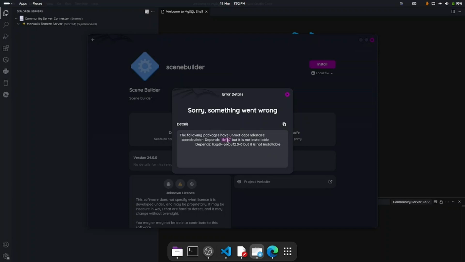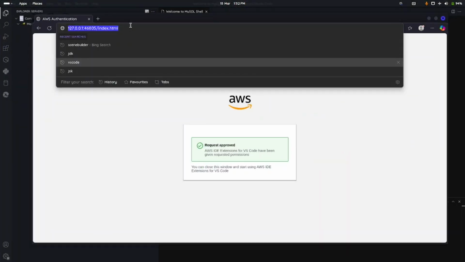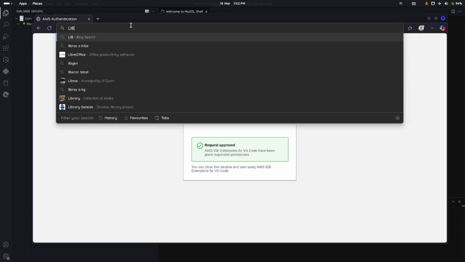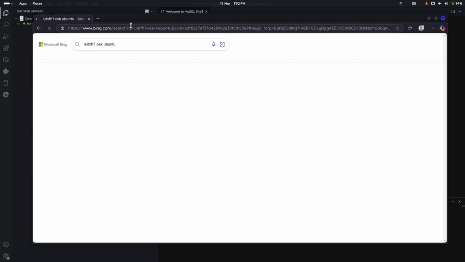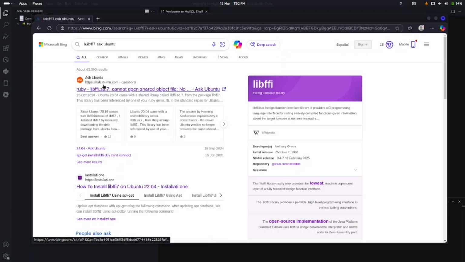So first of all, at the browser, you type the package name libffi7 as Kubuntu, and here